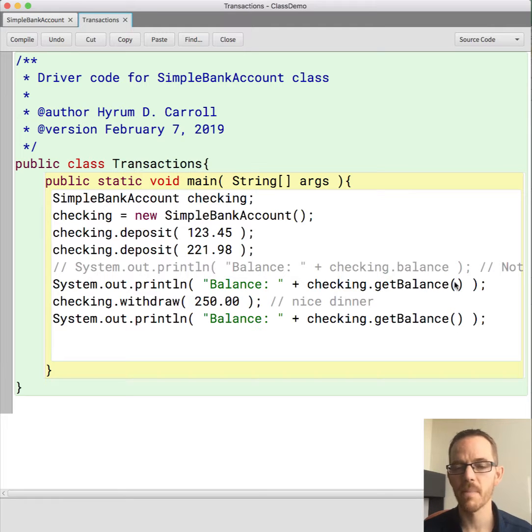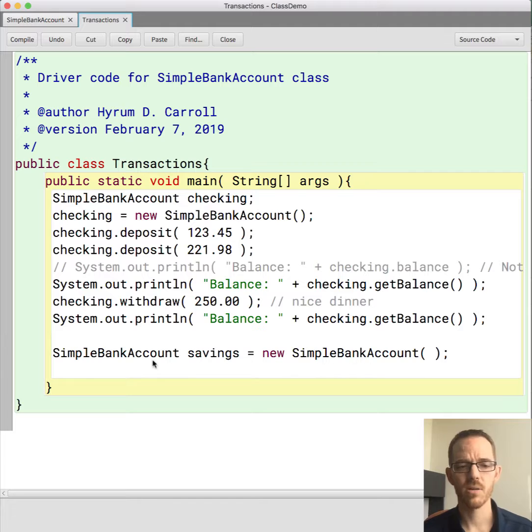Notice we're making a public method call, because we cannot access a private data member. Now let's say we make a withdrawal of $250, a nice dinner. I think for my full family, that might actually do it if we took everyone out to eat. And now the balance is lower.